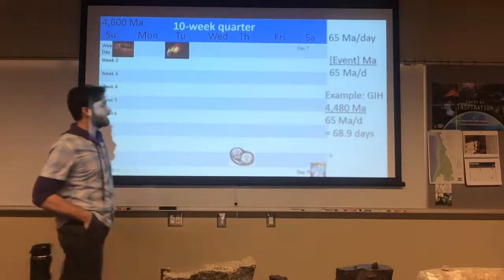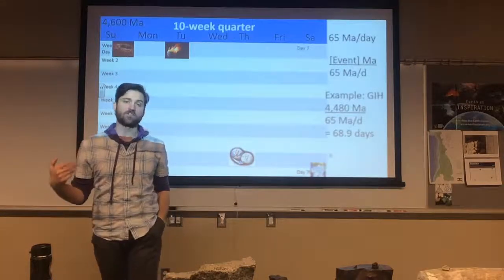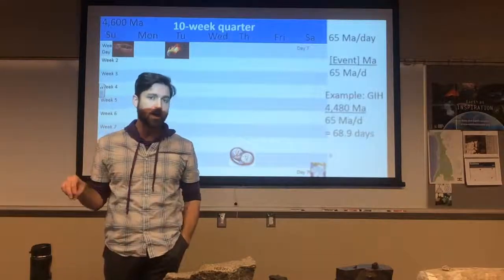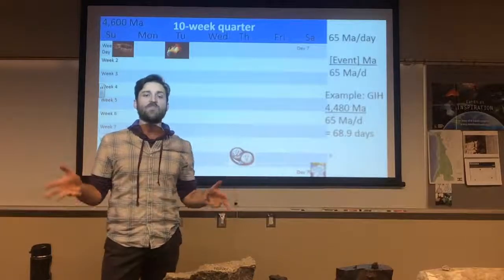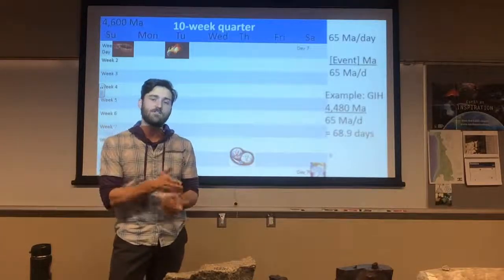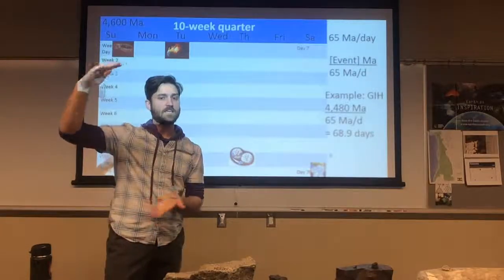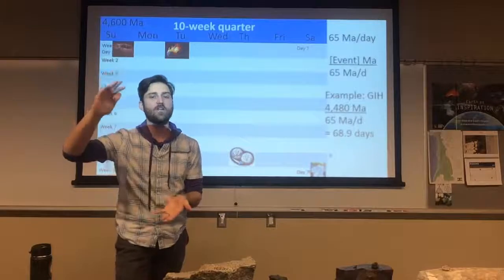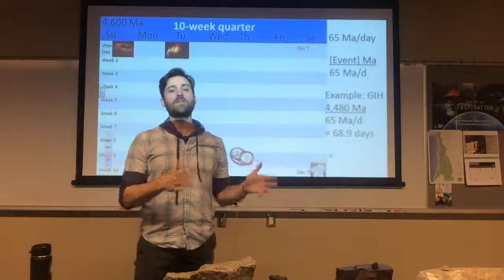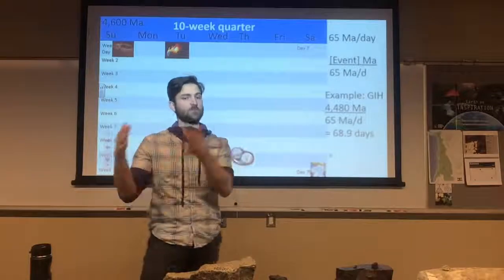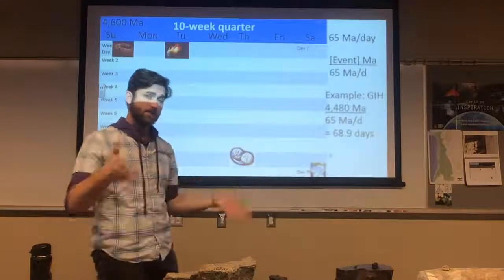Now, one thing that I have not addressed since the very first week is the calendar of this class, or what I like to call the geologic time of this class. So, taking all of our big catastrophic events that are focused on in this class, in Violent Earth, and placing each of those events on a 10-week calendar. Here at Treasure Valley Community College, or in the whole Oregon university system, we use 10-week terms. So fall term, winter term, spring term, and then summer term, or quarters is another way to think of that. And they're 10 weeks each.